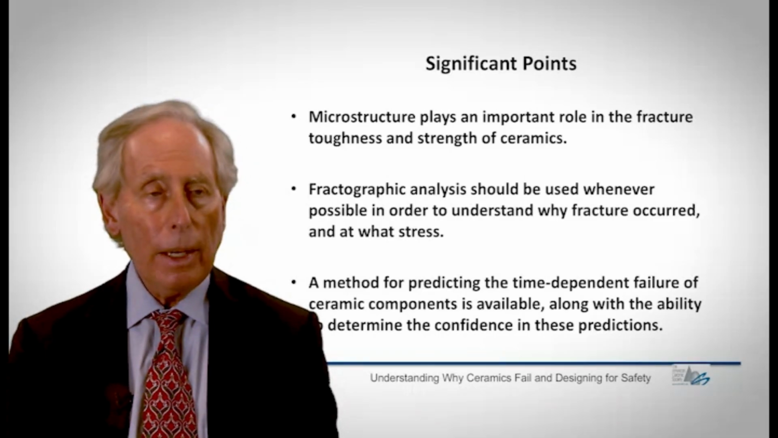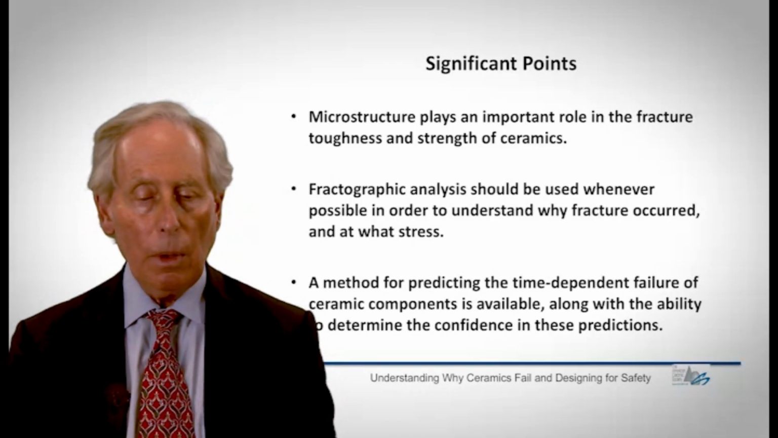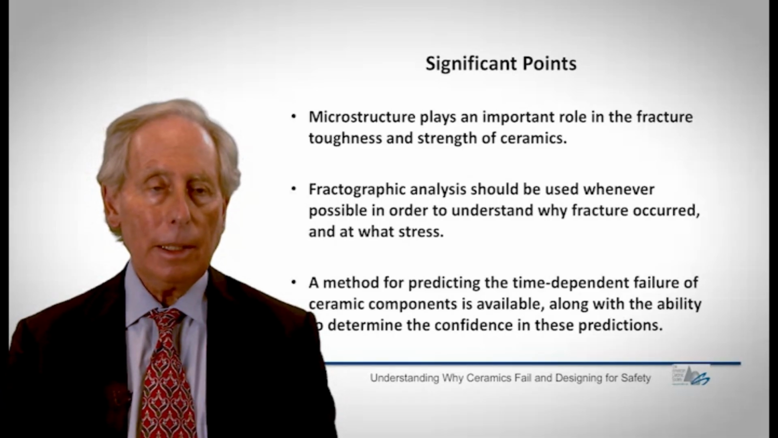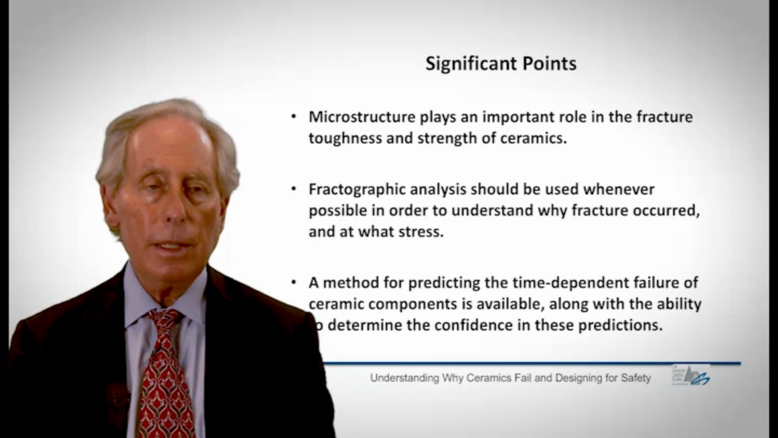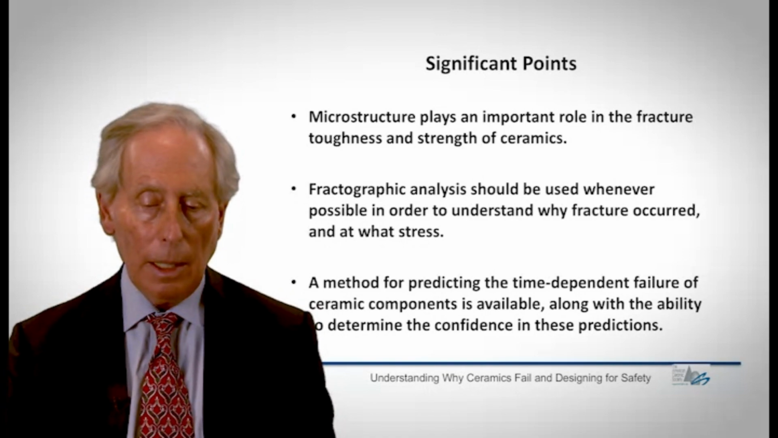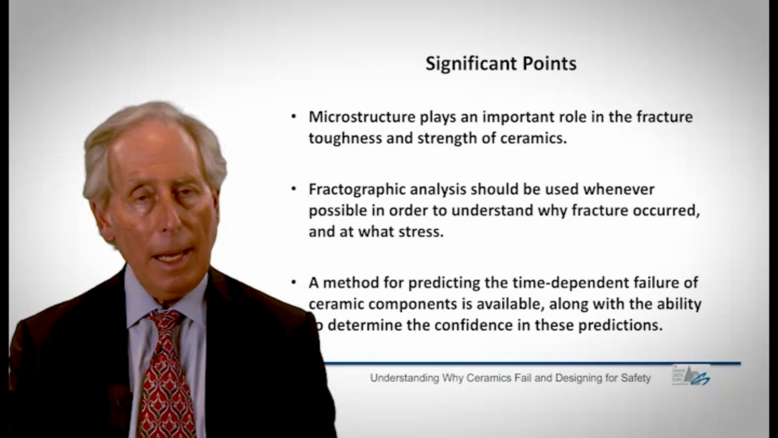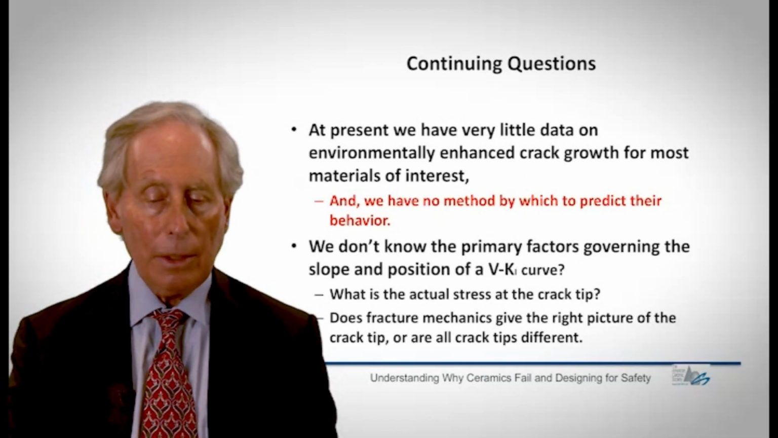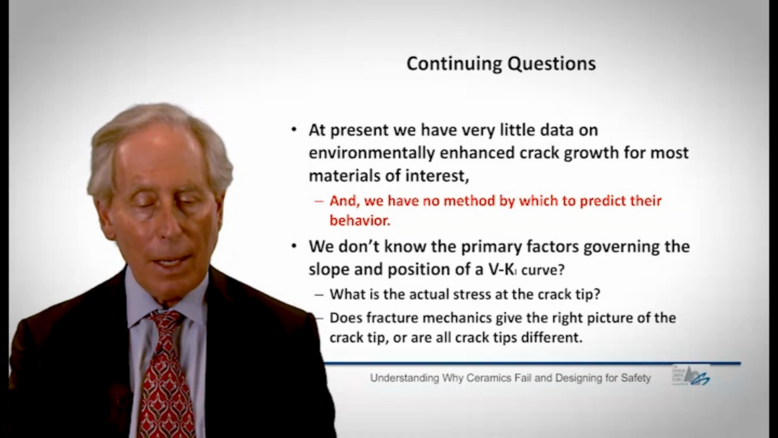I think I pointed out microstructure plays an important role in fracture toughness and strength. So the same material will not behave identically to another piece if you heat treated it differently. In other words, the chemistry could be the same, but if the microstructure changes, the fracture behavior will change as well. And so obviously you need to go see what the microstructure looks like. And that gets back again to this idea: you can't do too much fractographic analysis to understand why fracture occurred